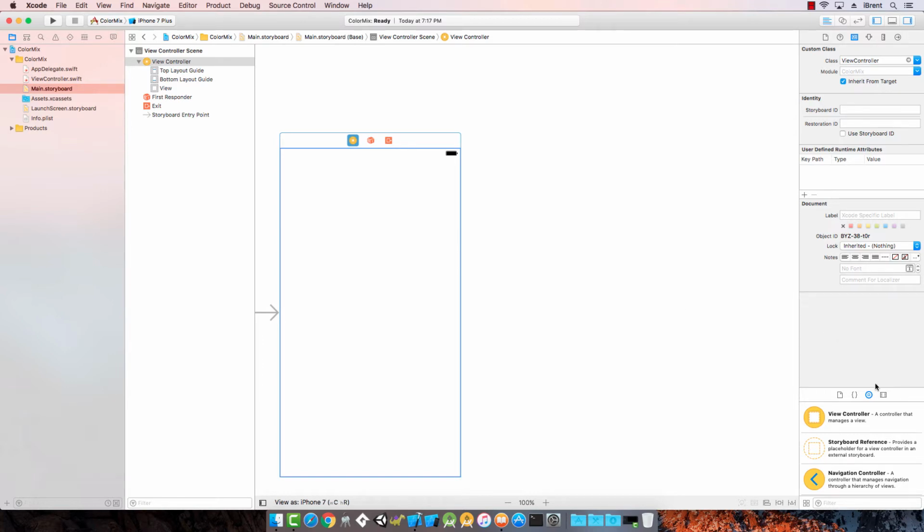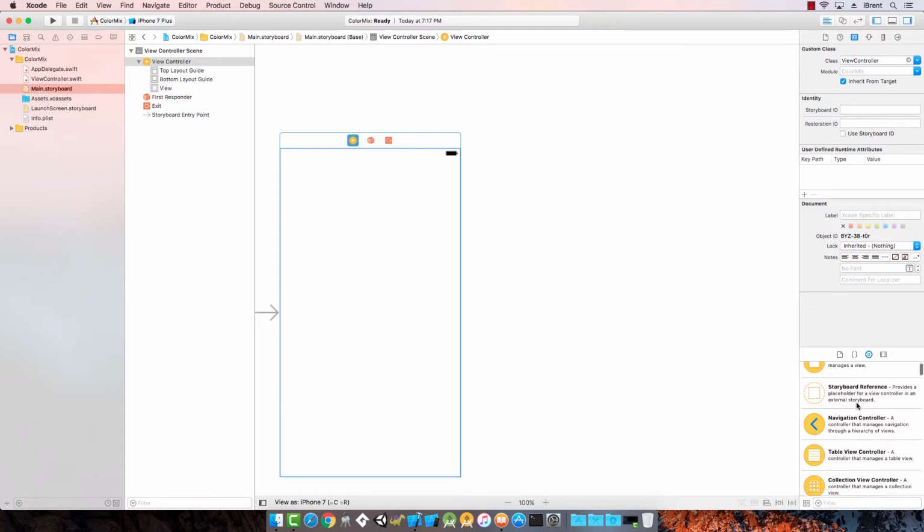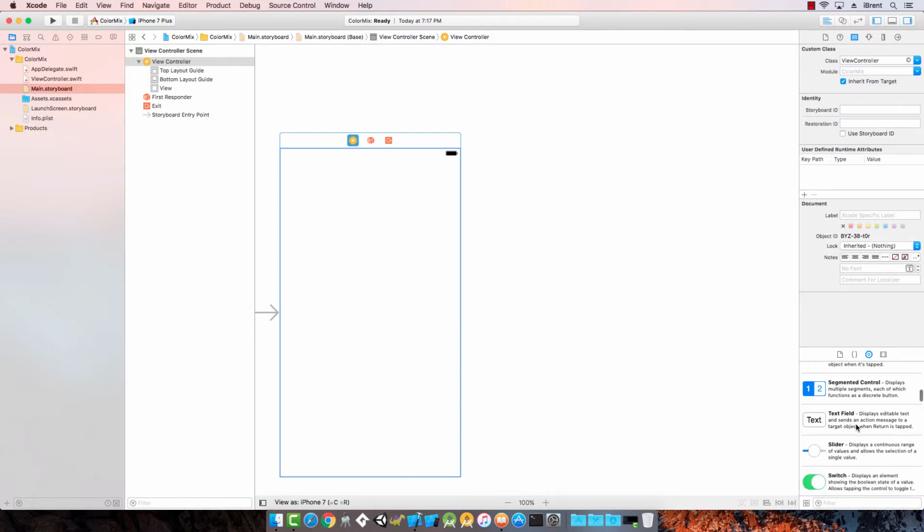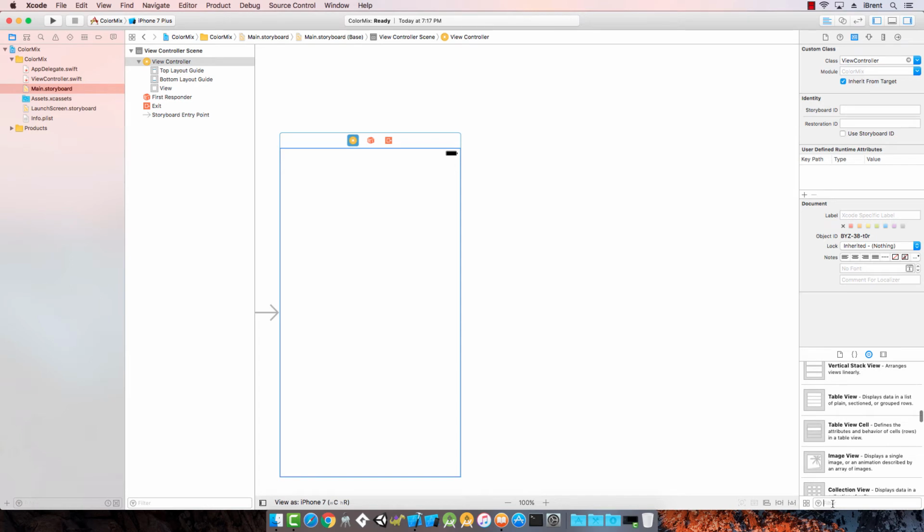So let's come over here to the object library, which has quite a few things. You can expand that. These are all the built-in visual controls or other UI elements that you can use with the iOS SDK. Because this list is so long, you can use this filter, and so I'm going to search for view,